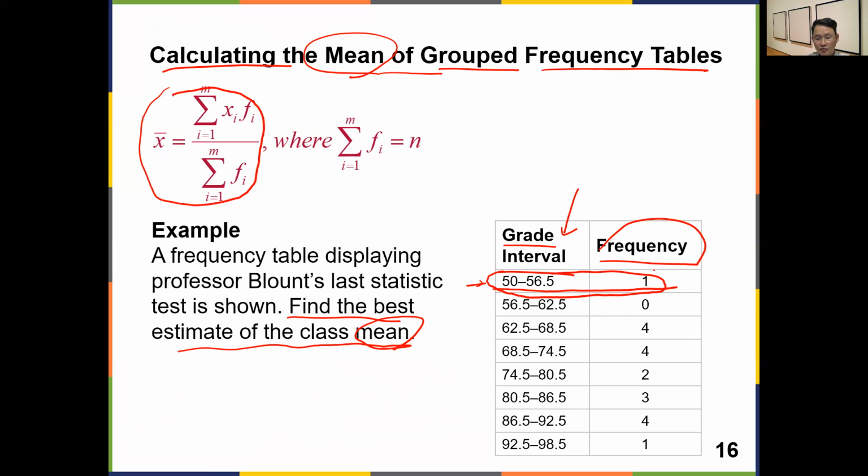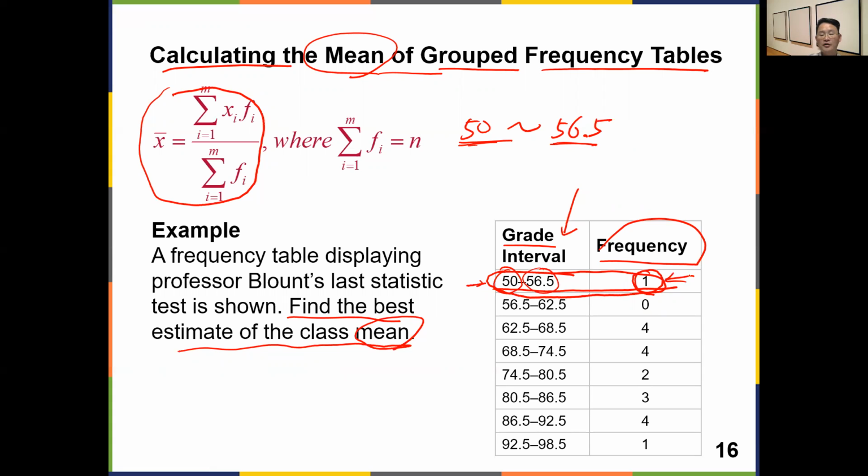It tells us we have one data point between these two numbers, between 50 to 56.5. We don't know exactly if it is 50 or 56.5. We don't know exactly what number that is, but we know in between these two numbers, it's got to be